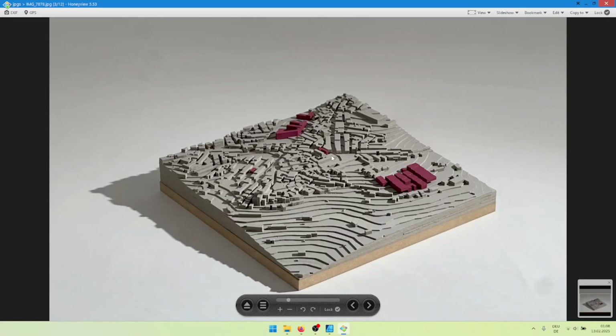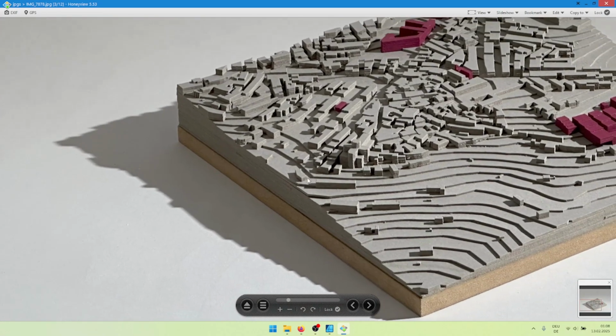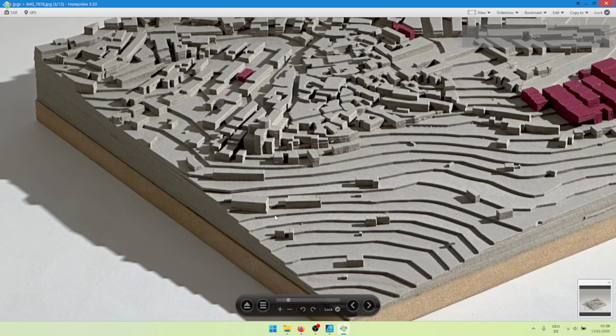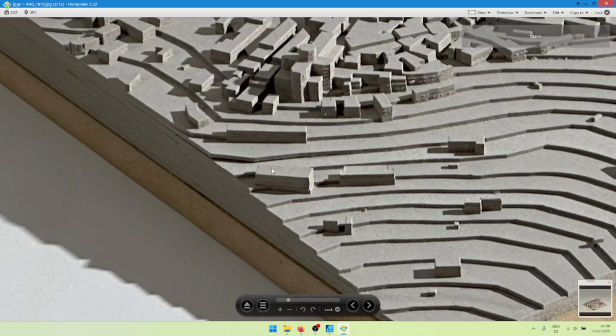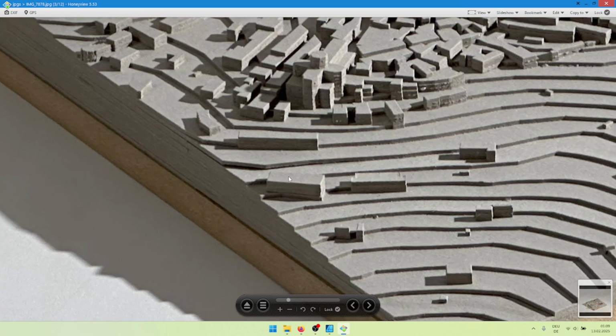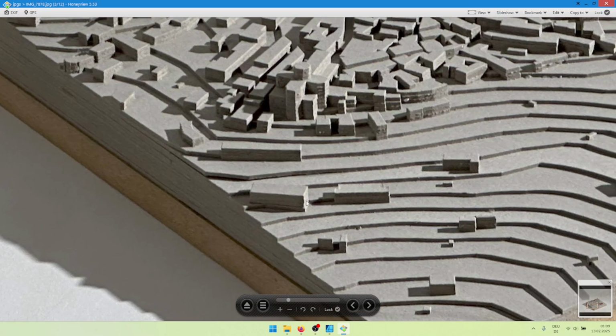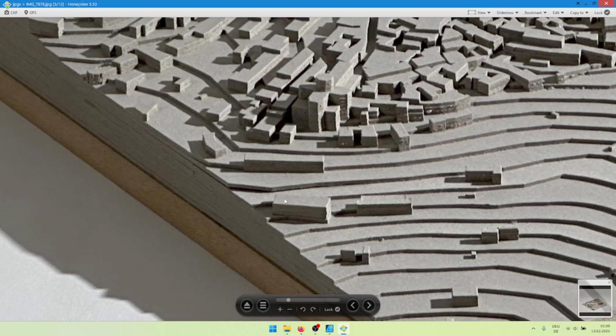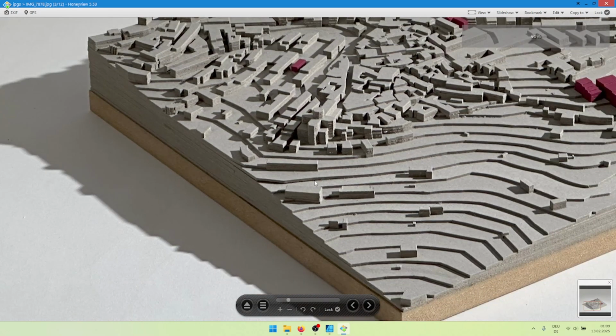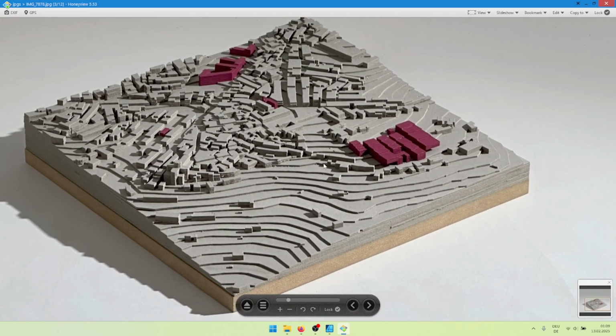I want to show you in this video how I made this monolithical building and topography model. With monolithical, I mean that basically these houses are part of the topography, as you can see here. So this cardboard sheet has a bump out that has the exact shape of this building, making it very easy to glue in place and also making it very accurate and very monolithical and very minimal